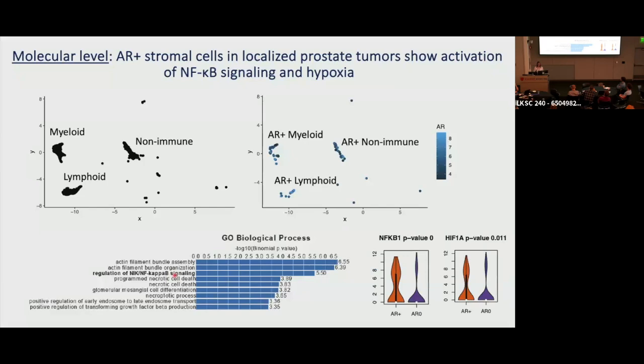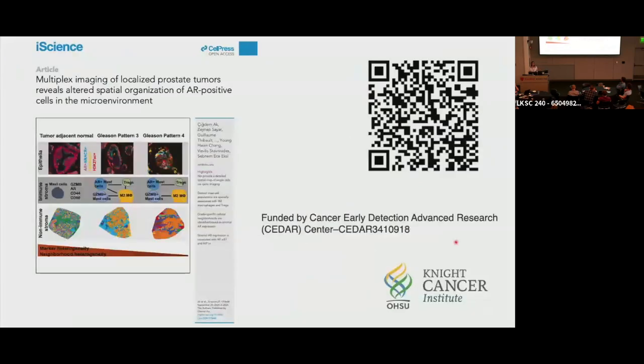So we also ran a gene activity analysis on the same data set, and we saw that AR positive stromal cells showed enhanced activity in NF-kappa B genes, and in addition, hypoxia. We validated HIF1 alpha and NF-kappa B signaling in these AR positive stromal cells using multiplex imaging on additional patient samples. So hopefully I convinced you that AR has a big role in